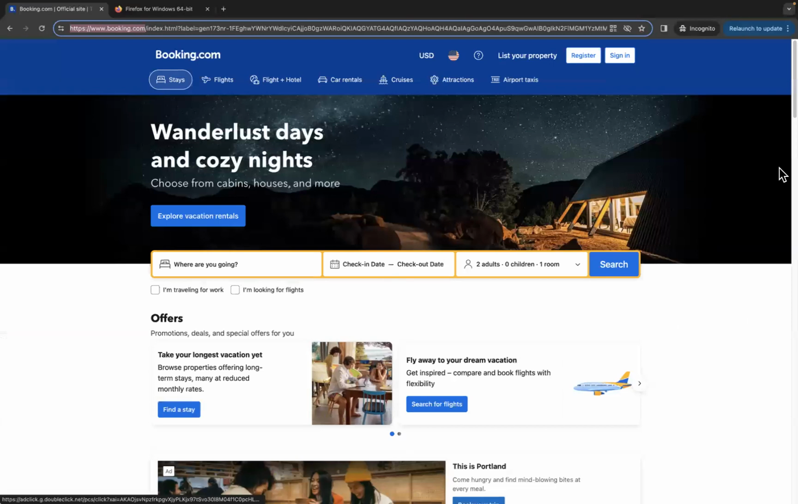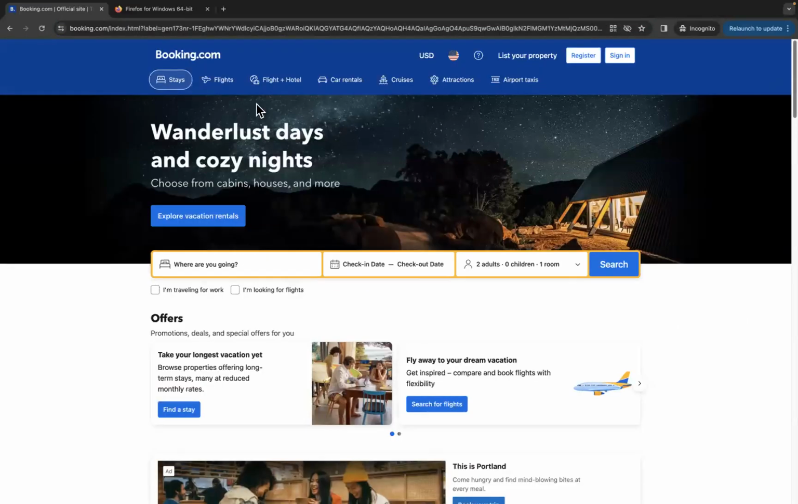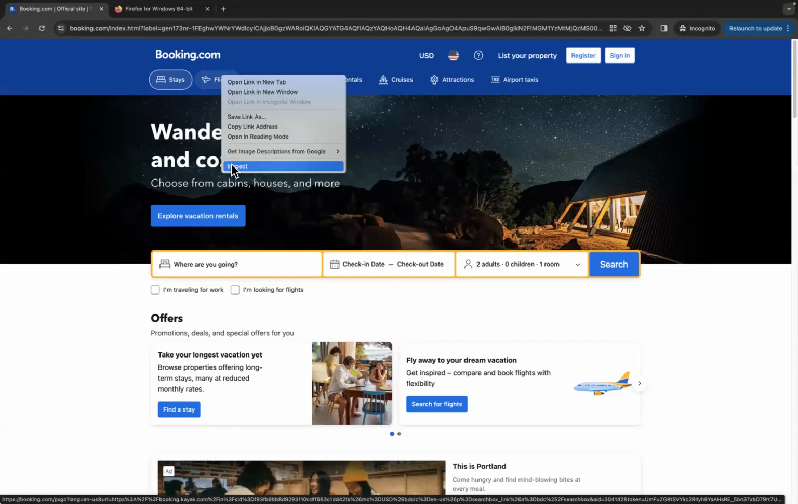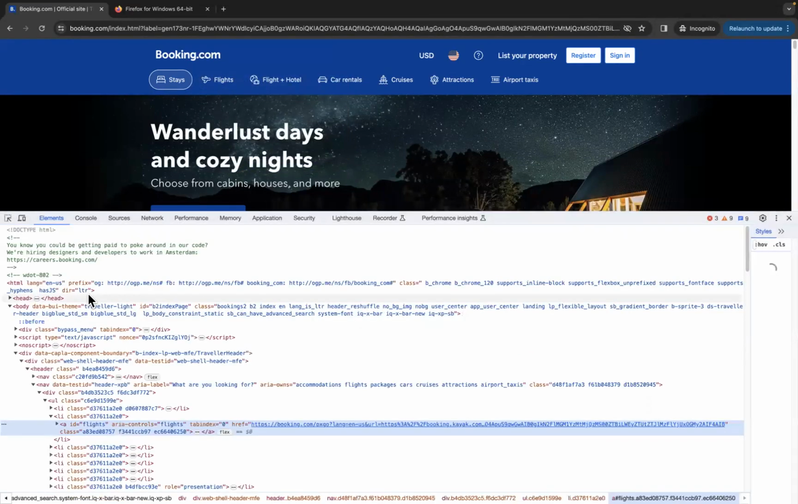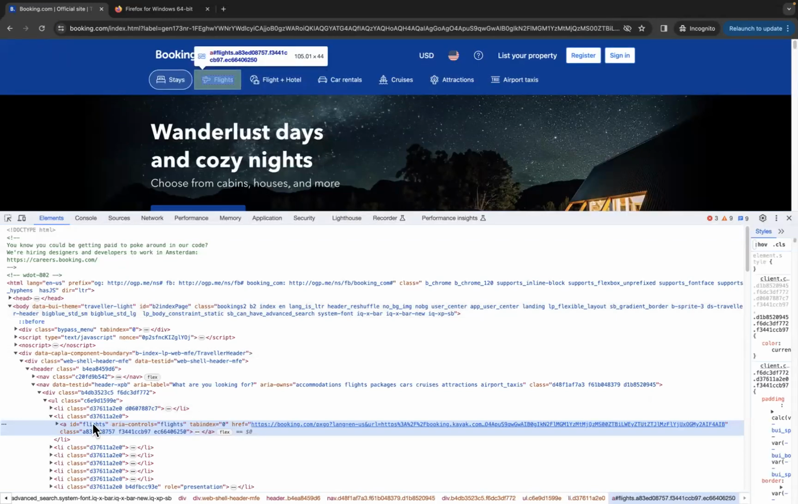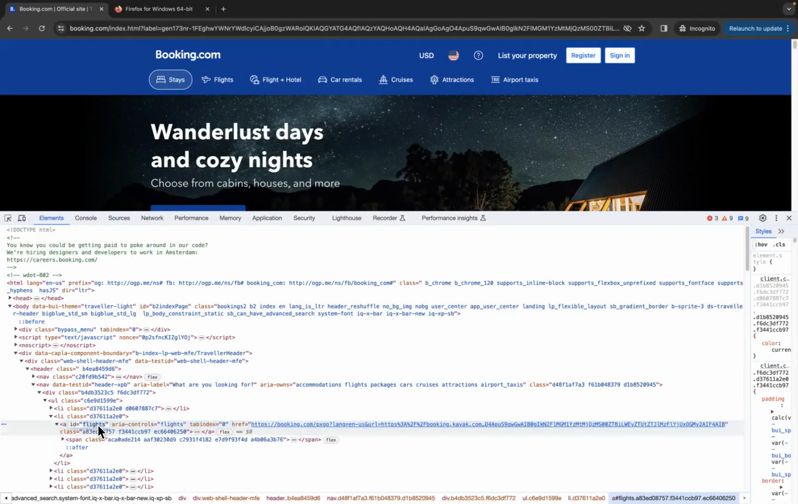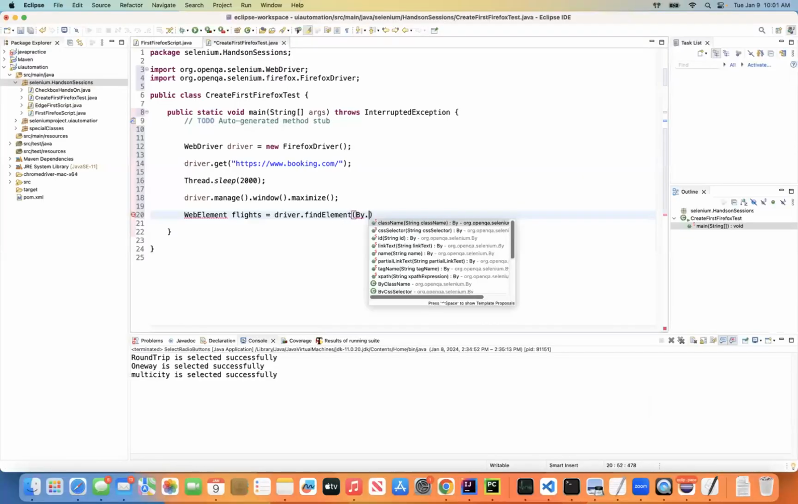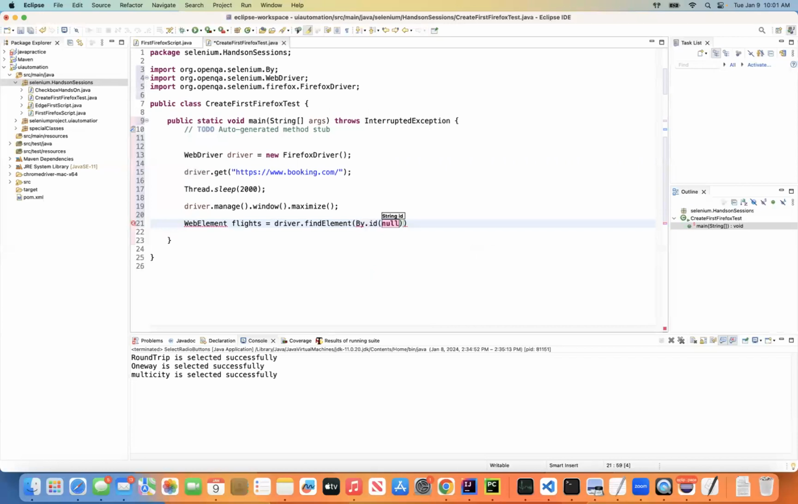Okay, let's head back to booking.com and inspect the element. Right click and inspect, and here you see ID. We have ID equal to flights. Let me go ahead and use the ID attribute, and also this is the anchor tag, and ID is the attribute, and flights is the attribute value. So By dot id, and you need to enter the string, which is flights here, and then